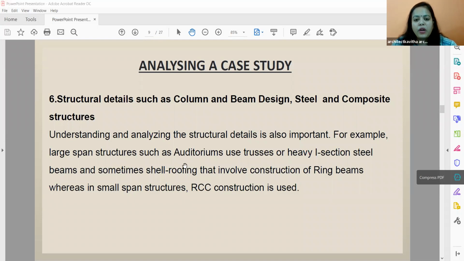So when you're going into the site and seeing all these things, you will get more knowledge, and practically you will be gaining a lot of experience. When you're seeing at the site, you will understand better than what I tell you right now. So in fact, you can do a case study of your own house. Where all loopholes are there, how the windows should be positioned. So you can start with a small case study of your own house, how it can be better. So that is it. If you have an auditorium, what kind of steel sections they have used for the roofs.